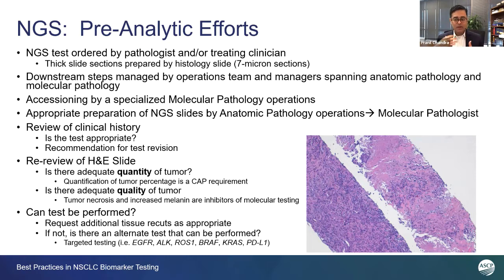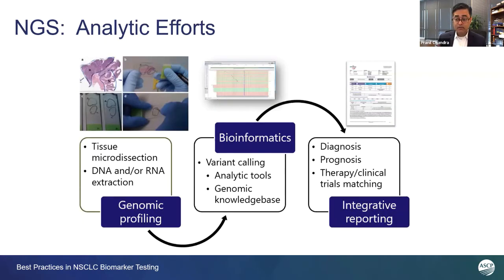So as you can see, it's a very complex process. There's a lot of effort by the physician, by the anatomic pathology division, as well as the molecular pathology division, to make sure that you have the right test, but also the right amount of tissue and DNA for downstream steps. So our analytic efforts include, as I mentioned, the tissue microdissection that is performed by technologists within the lab, DNA, RNA extraction,